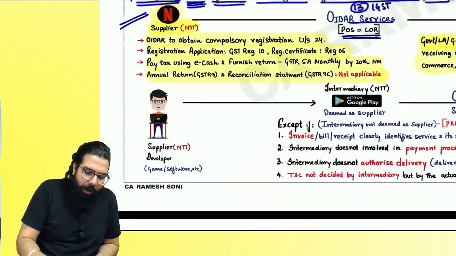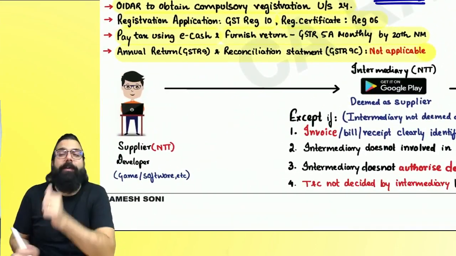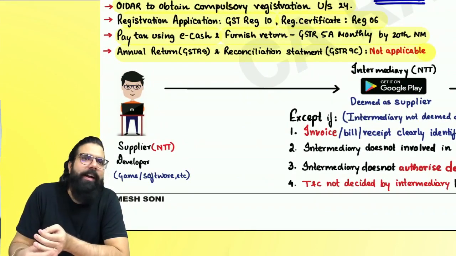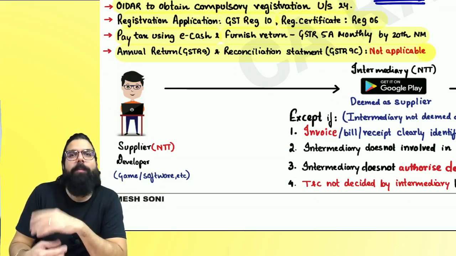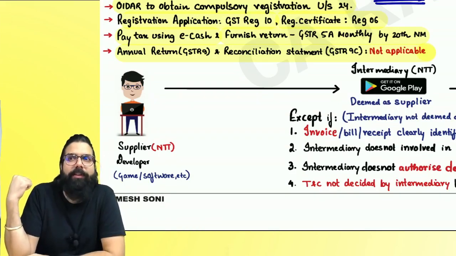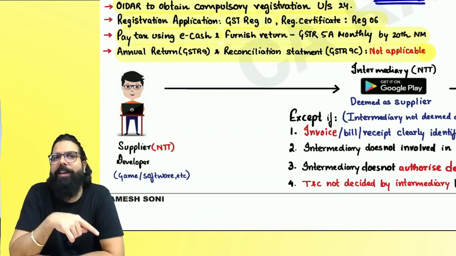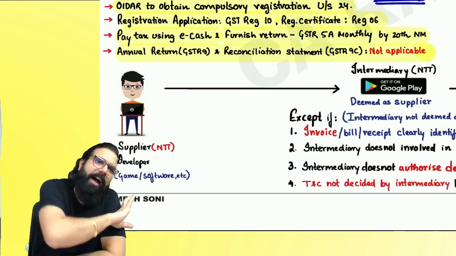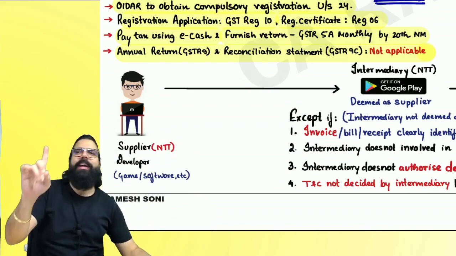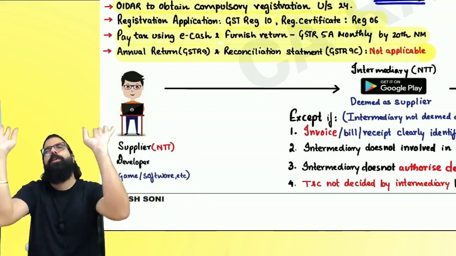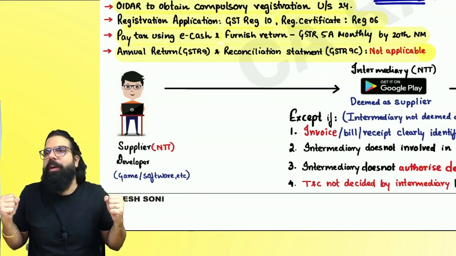Next. Now, in OIDR service, I want to tell you one additional point. Tell me one thing, everyone. Where does an OIDR take registration? From outside India, he is going to provide service in India. He will have to take registration in India. All the states? No baba no. For OIDR, in Bangalore there is a jurisdiction which is there. I've told it in your textbook. Okay, everyone, when you read the textbook, you'll see in Bangalore they have to take registration and they will take a single registration and they will charge IGST. They will not take registration in every state. They will take a single one, baba, simplified process for them. Single registration they will take in India, collect IGST and pay to the government. My point clear to all? Can I go ahead, everyone?